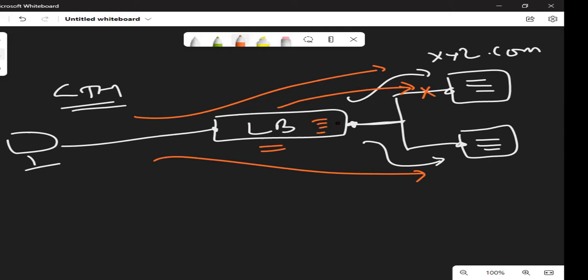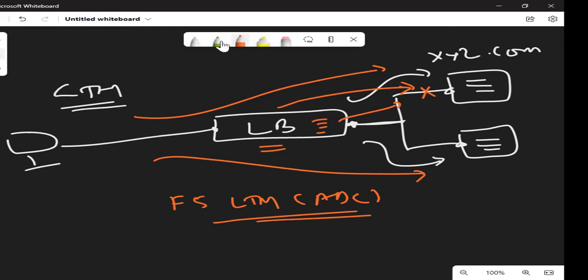This LB will not be able to understand, but it is not the case with F5 LTM, which is an ADC. And that is where we will learn about monitors, or probably I can say health monitors.